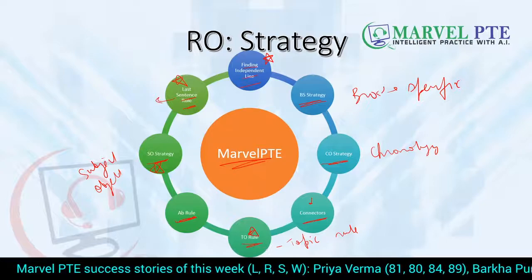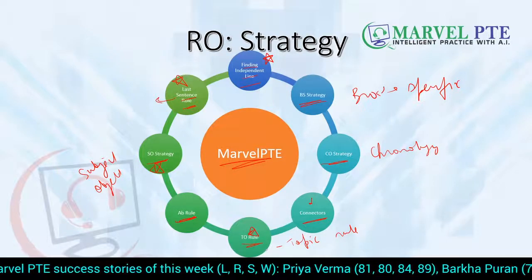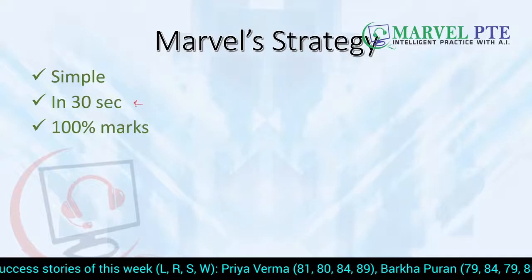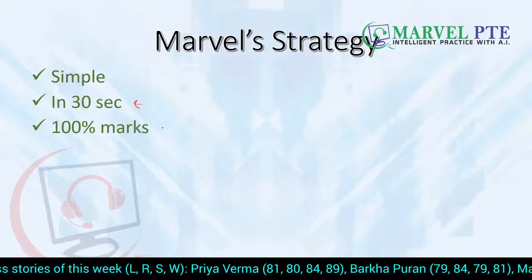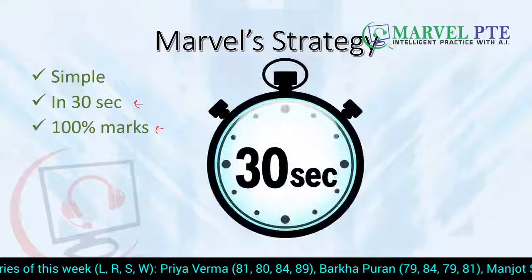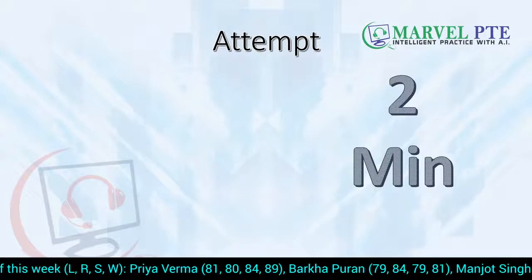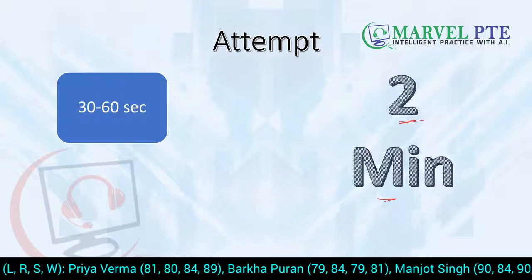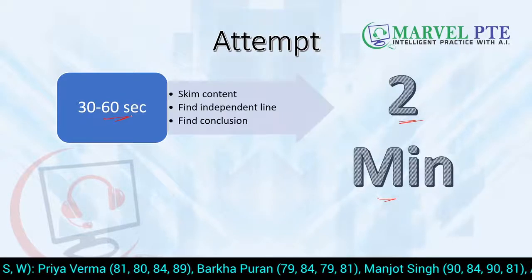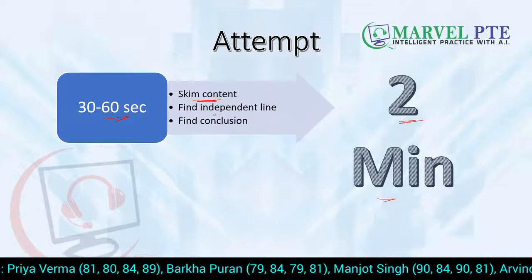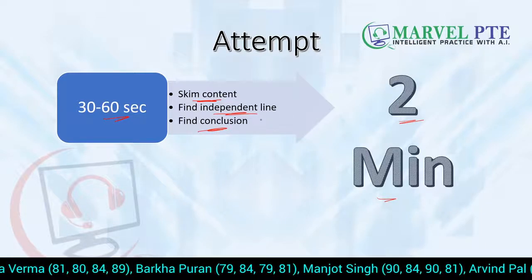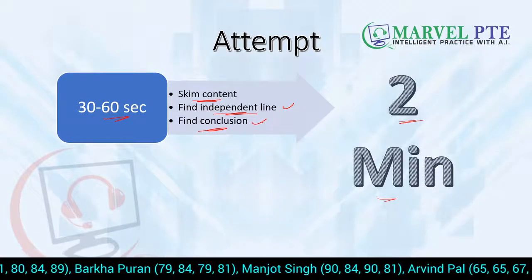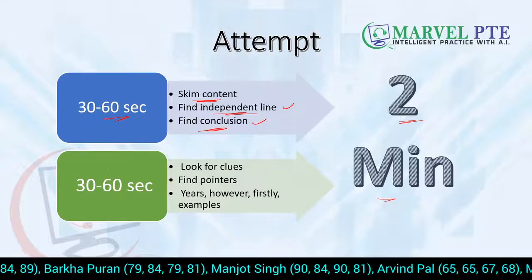So if you know these strategies, you can easily solve your reorder paragraphs. Our strategy is simple, and in 30 seconds you will be able to solve your reorder paragraphs, and you will always get 100% marks if you follow our strategies. Always remember, you just have 2 minutes to attempt your reorder paragraph. So in the first 30 to 60 seconds you have to skim the content, find an independent line, and then find the conclusion line. And we could do both today in the first 30 to 60 seconds,